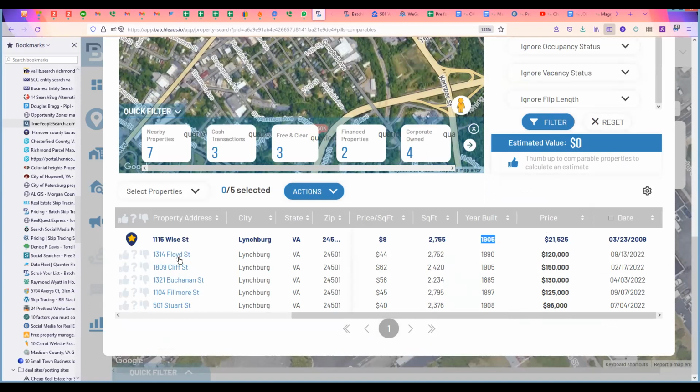these are all properties that are duplexes, triplexes, or quads, not the single families. But in the same sense, you could also turn this house back into a single family house instead of having, you know, three different units if the investor wanted to do that. But so going back to the formula of what the market rent there is,